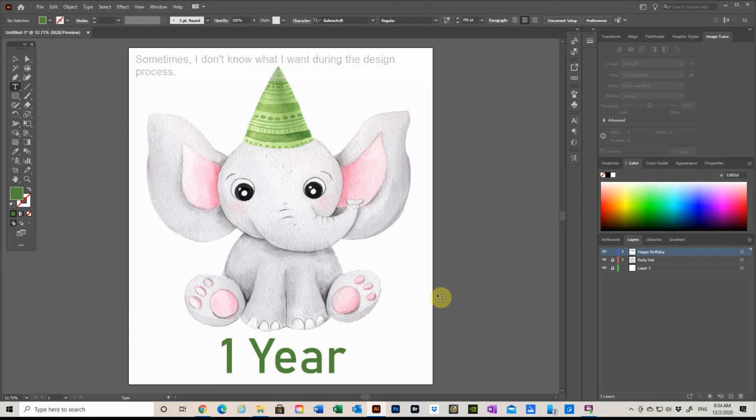I'll see what background color I can use. Kind of like the pink in the ears, but I don't want it just for a little girl. I want it to be able to be used for a little girl or a little boy.